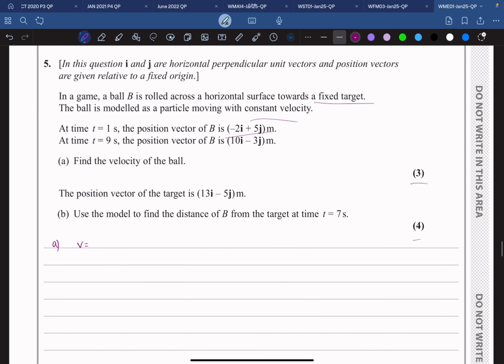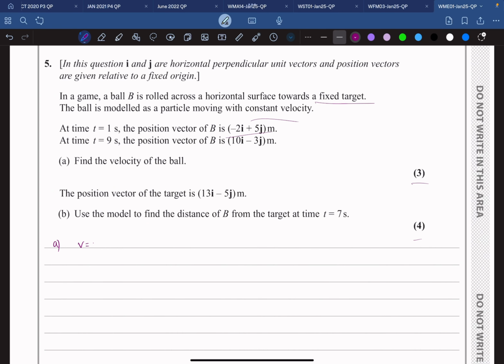is just a random equation. Let's just say v is equal to u plus at. Now, here, the thing is, we don't... Okay, wait, is this constant velocity? Oh, this is constant velocity. Always read the questions, folks. So constant velocity means that you can just simply use s is equal to vt, and v is just 1